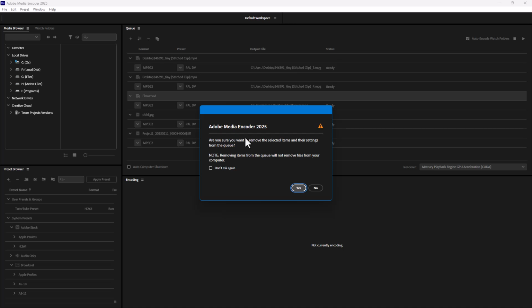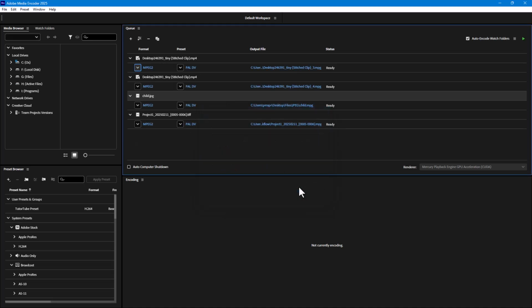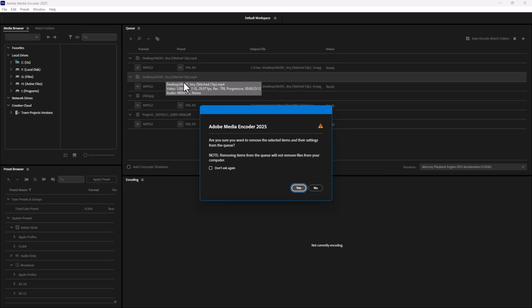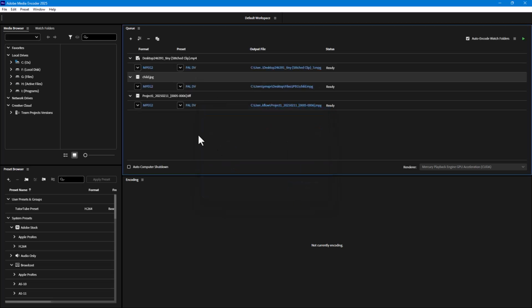to remove it out. Then it asks you whether you really want to remove it. Simply press yes and it will be deleted. Similarly, you can click on another queue right here. You can also hit the delete key on your keyboard and you get the same option, and then you can